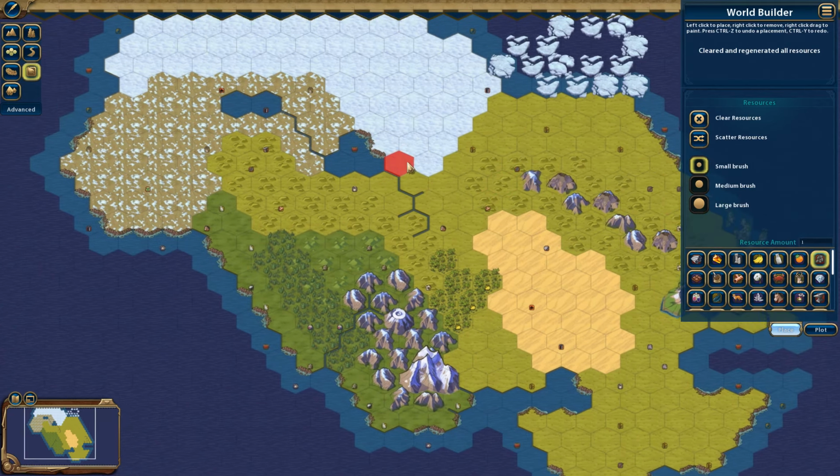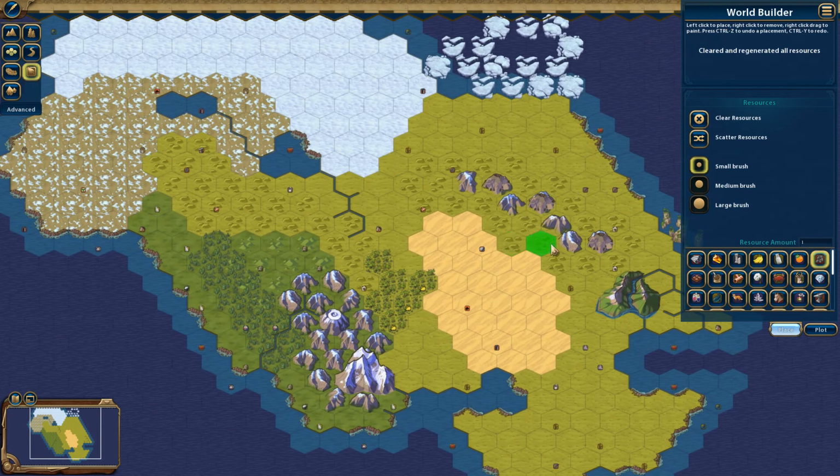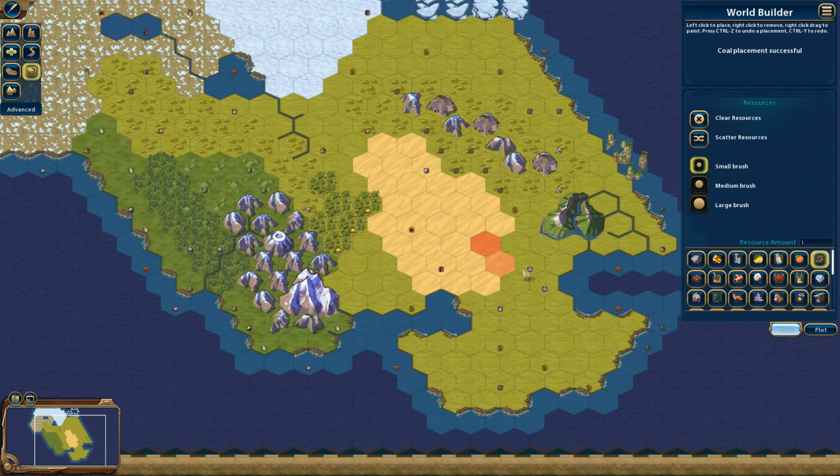Occasionally, I'll have something specific in mind, like I'll be like, oh, I really want this area to have a lot of coal, because these are like coal mountains for some reason. Or maybe you don't like that they have two gypsum right next to each other, so you say, you know what, I'm going to right-click that to get rid of it. And again, you can hover over the different tiles to see what they're worth, what they have on them, all